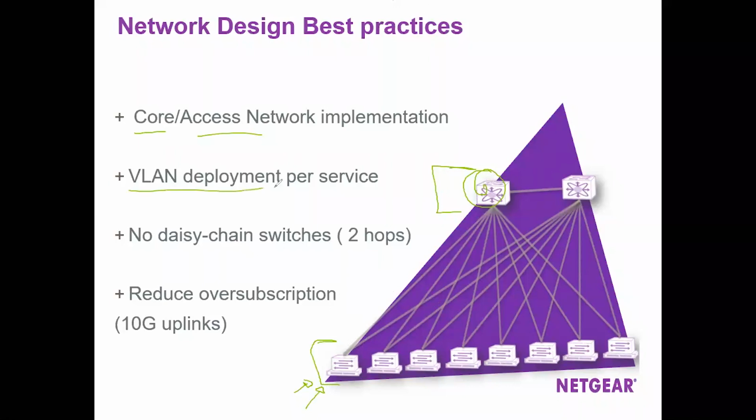That requires VLAN deployment per service also, to be able to have this performance. And the other thing is, please make sure that we don't daisy chain switches. That's a common practice. So maximum 2 hops, if we can do it, that's the recommendation. Sometimes you can see 5, 6 switches daisy chained one to each other. That, as I said, is not an issue when we have 5, 10, 15 devices on the network. But when we're talking about 60, 70 devices on the network, all of them going to the cloud and getting messages there, whoa,